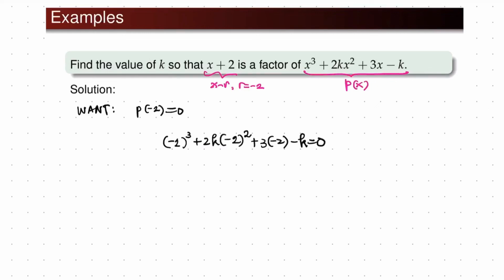Si k ang sinusolve natin. Simplify lang onte. This is 4 times 2, so we get 8k minus 6 minus k equal to 0. So, we get 7k minus 14 is 0. 7k is 14. K is 14 over 7, or k is equal to